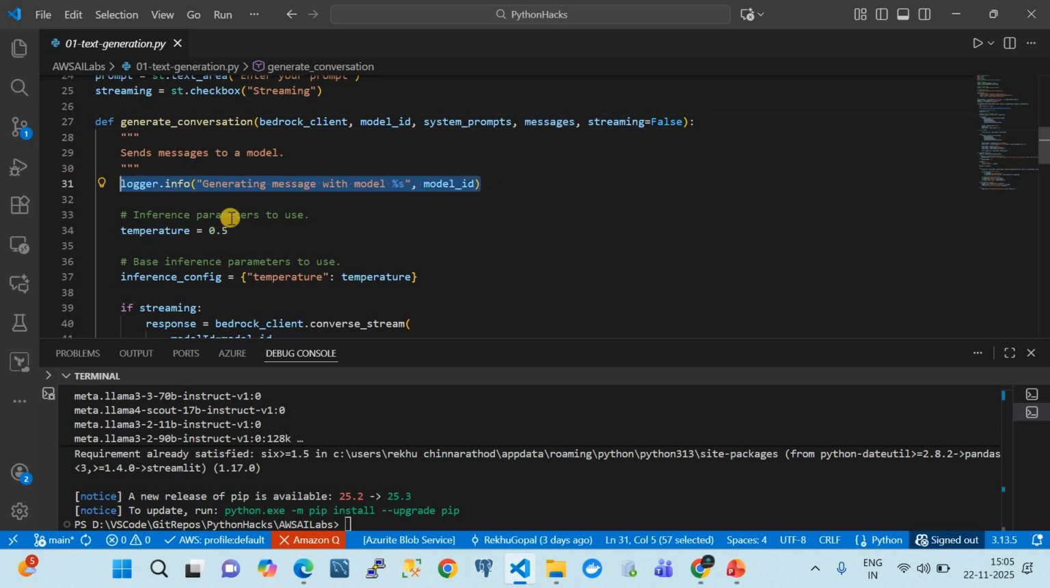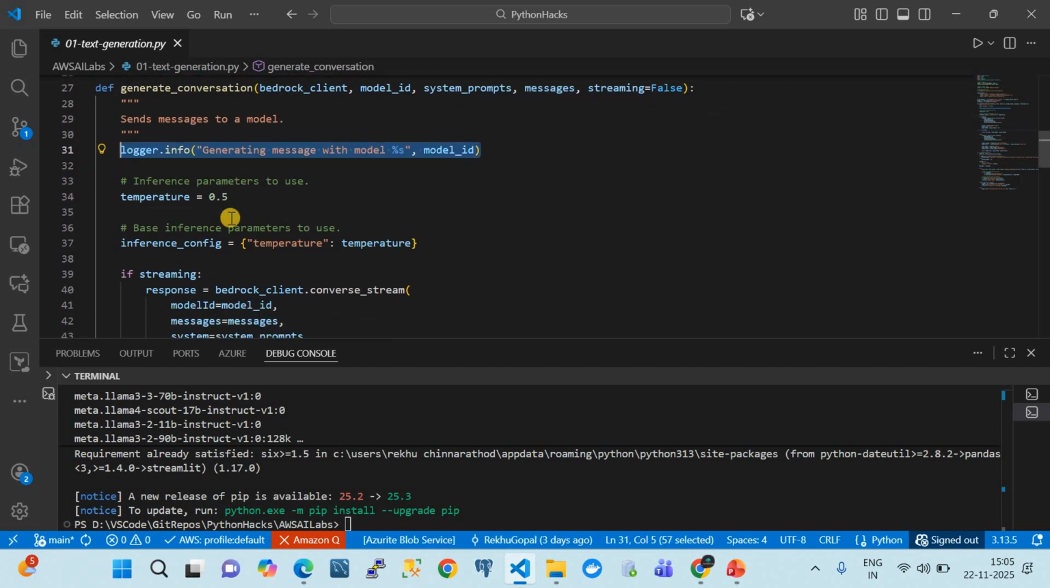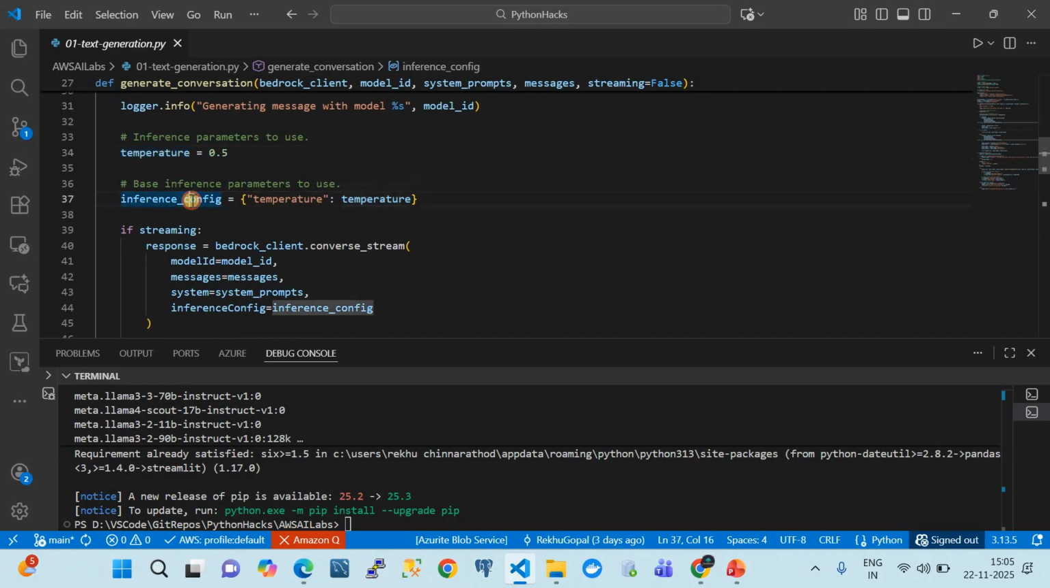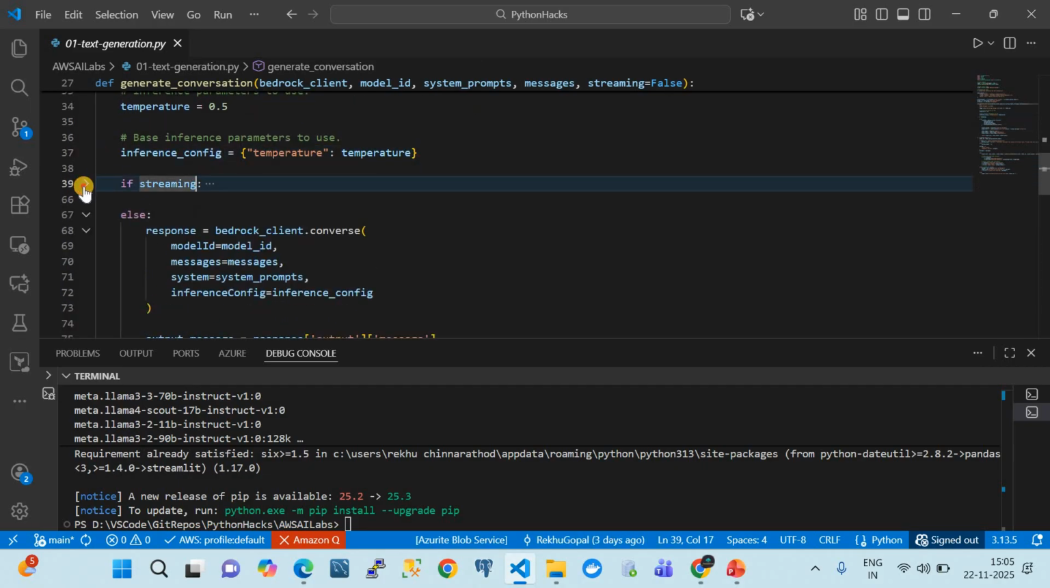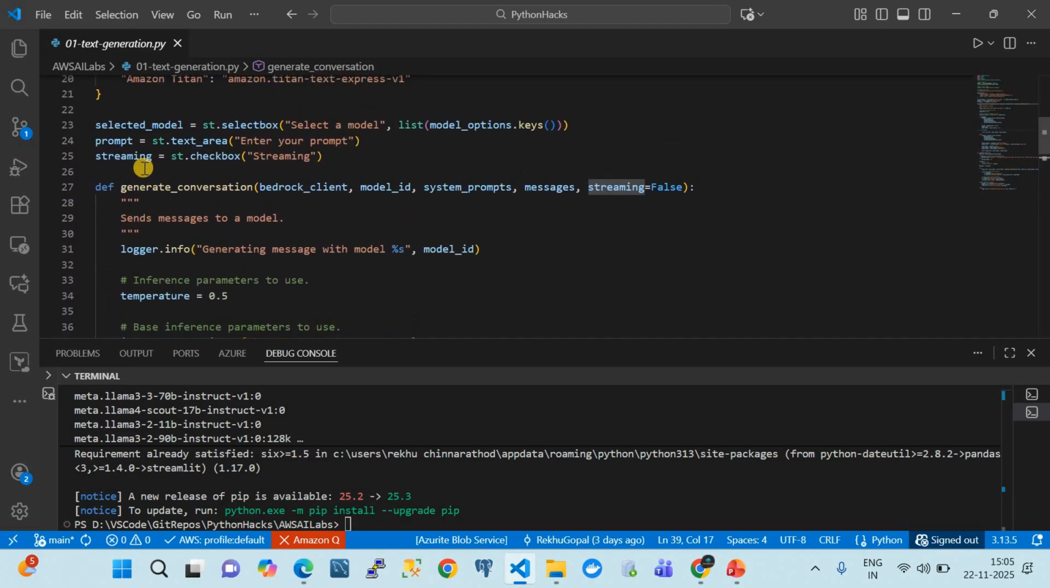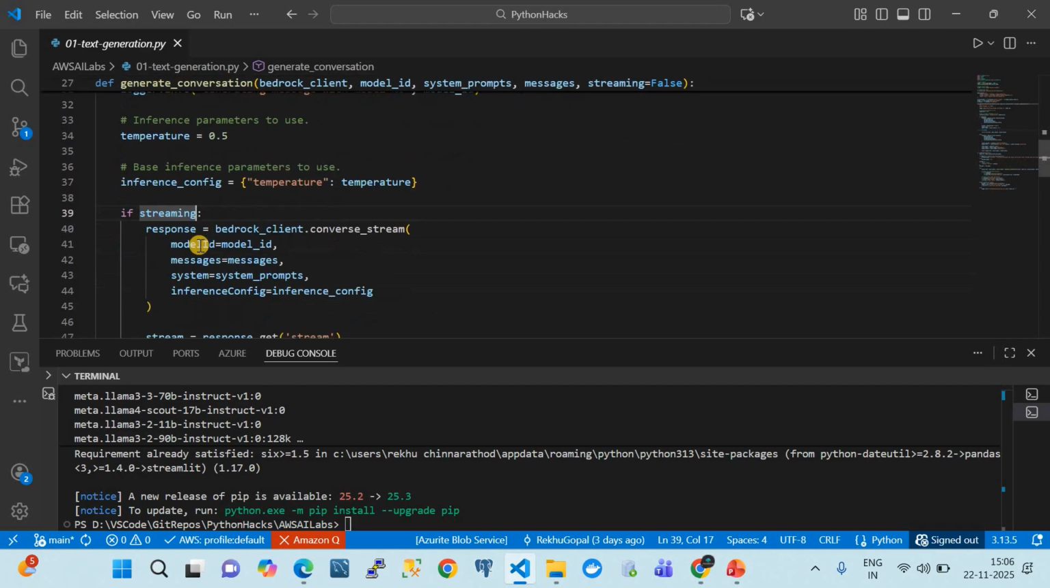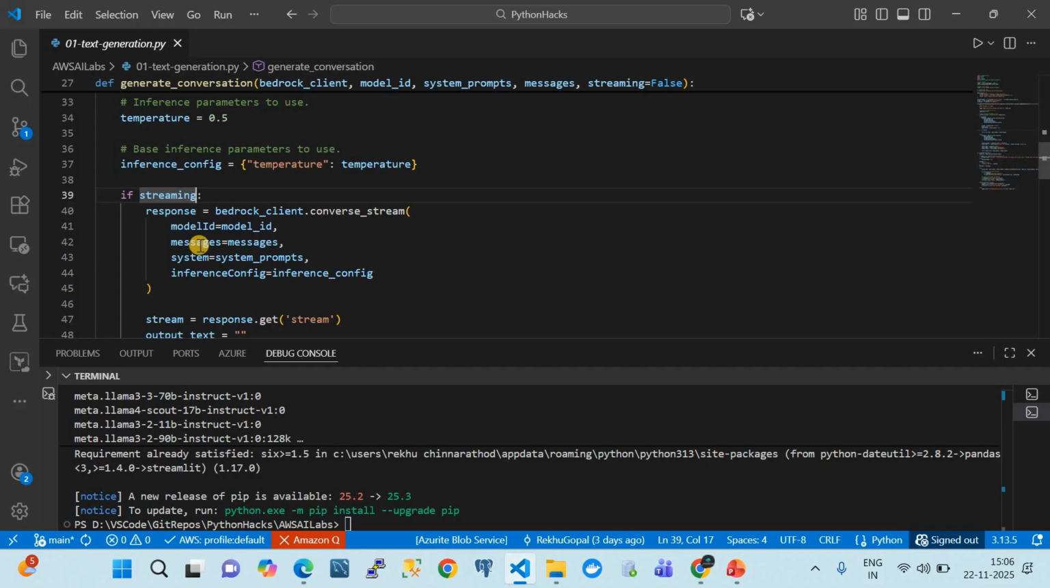Here is where we are doing a logger, that is nothing but logging a message saying, hey, I'm starting to contact the model to generate the text. Then this is a temperature here. Then the inference config. So this is basically the inference config here. And the streaming. Why streaming? Here we have chosen a checkbox called streaming. If you want the output to be given in the form of a stream, then streaming should be checked